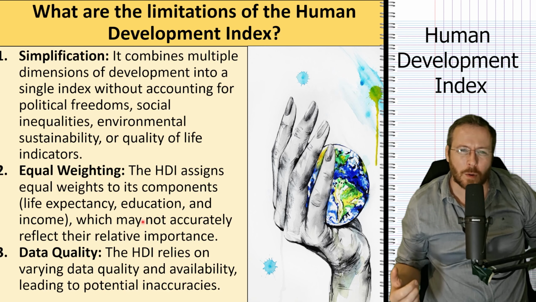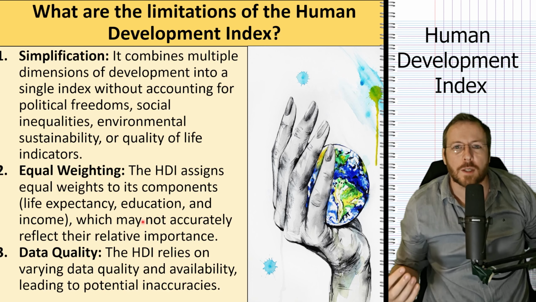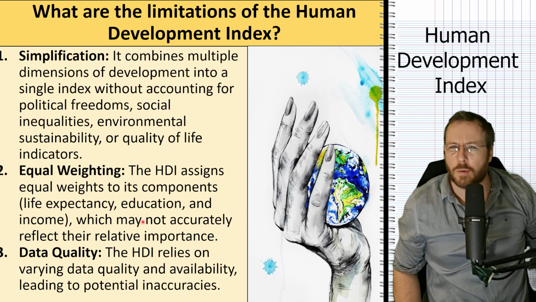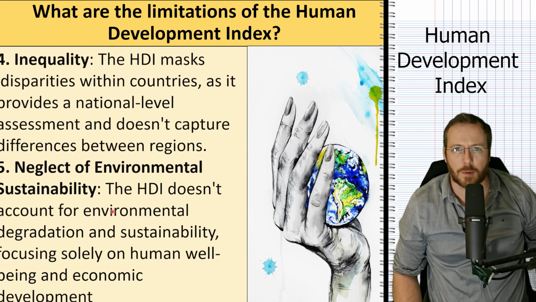And finally, what about the quality of the data? We have to make sure the government is providing good enough data for us and not fudging the numbers. All really important points. And one really important one is about sustainability in the environment. How are we making sure that the environment is clean and not polluted? There's no measurement of that there. So it could have some more variables to enhance it.